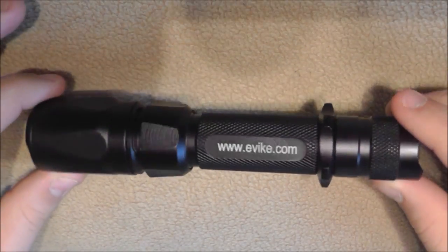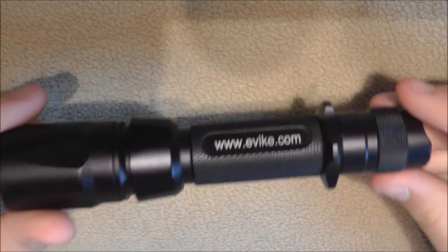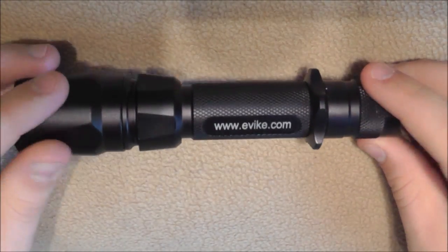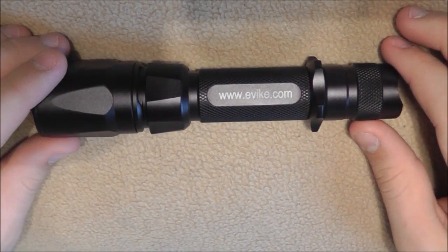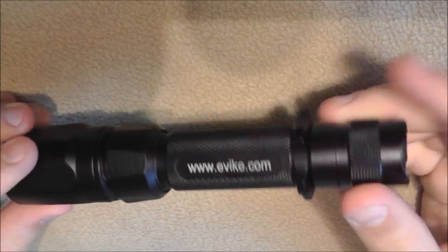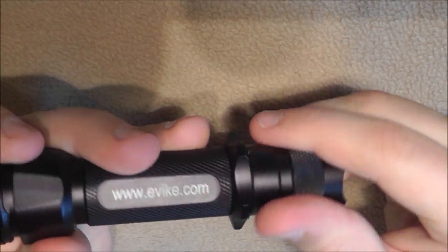Weight-wise, it's a little bit heavy, but it's nice and balanced out so that your gun's not going to be totally lopsided. So for people, how to take the tail end out, like this whole section, is first